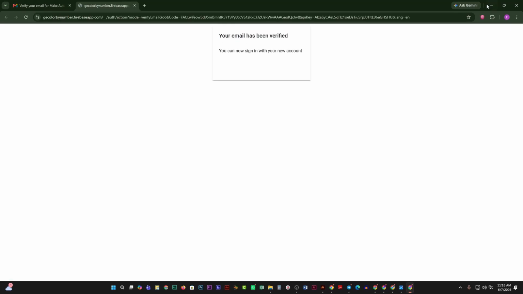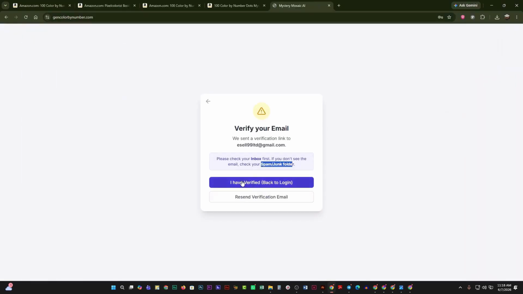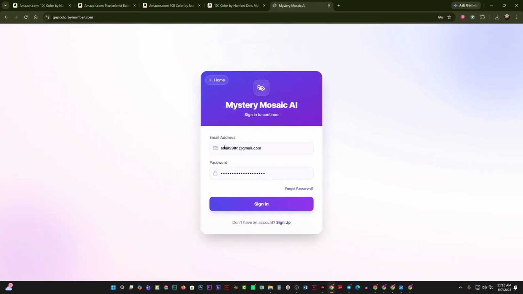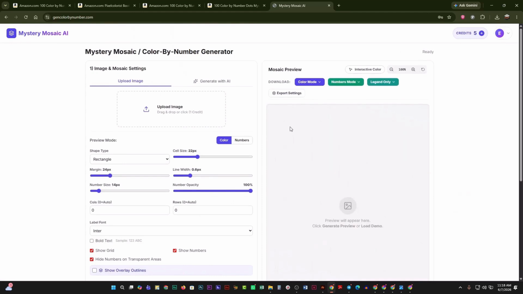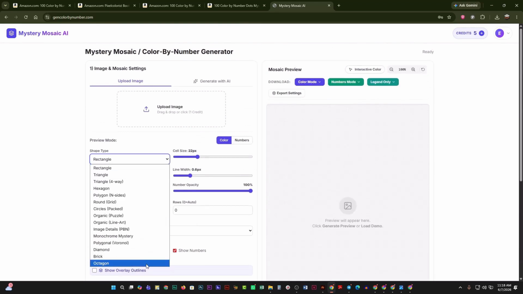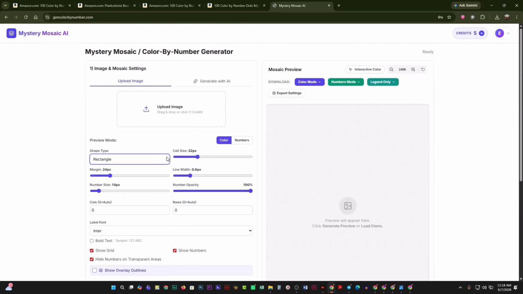So after the email address is verified, we click on I have verified, back to login. Then after clicking on login, it'll immediately take the email and password, and we'll just click on sign in. Once we click sign in, our sign up process will be complete. Now, if we go to the tool, we'll see all the options on the side, and we'll learn how to create